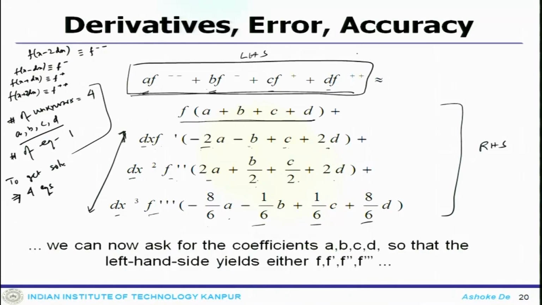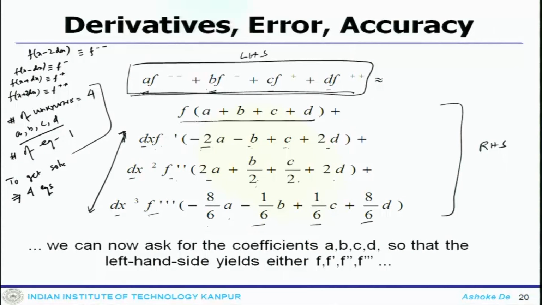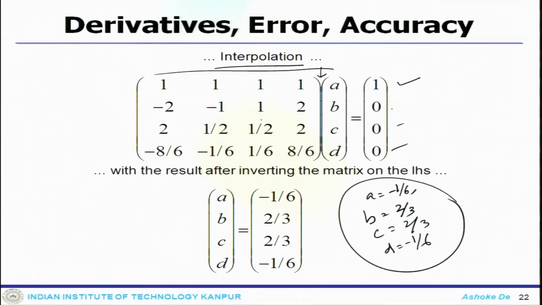Now similarly we can get the first derivative. If you want to find the first derivative, that means you are looking for f prime. So if you look at that, here a plus b plus c plus d, and a prime is connected with this, so this will be there. Any term which is connected with f double prime would be 0. That means this term would be 0, this term would be 0, and only the first derivative term would be there, and this one would be 0.